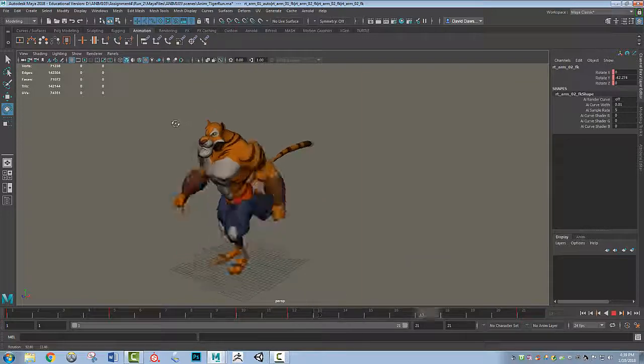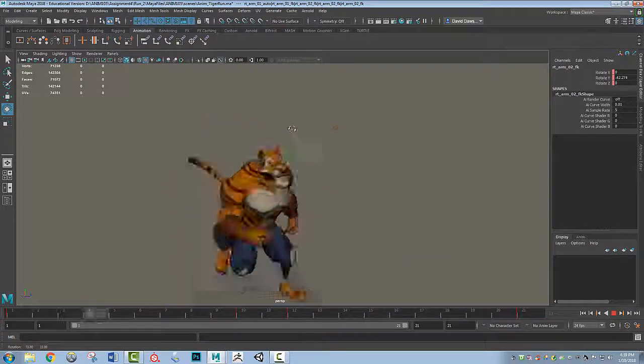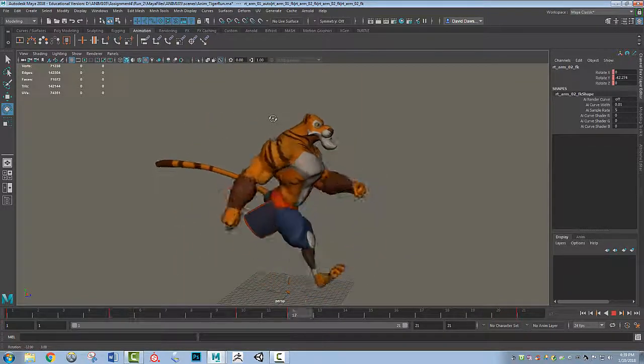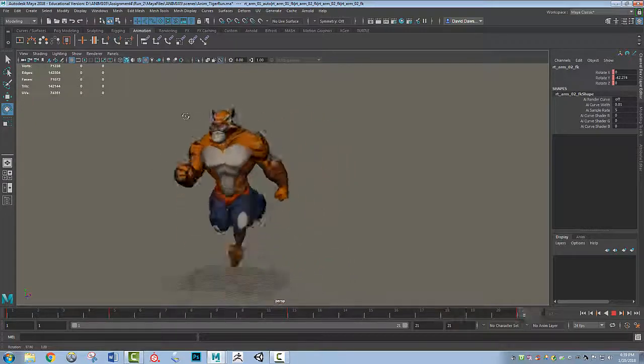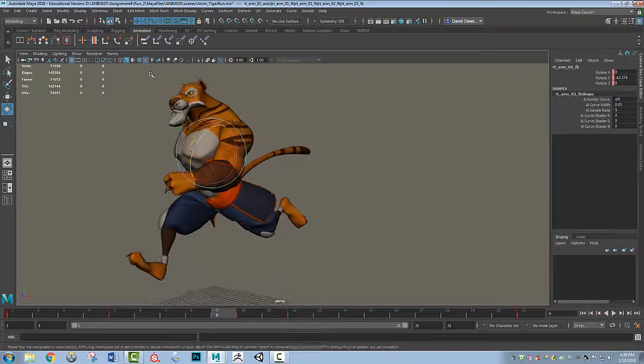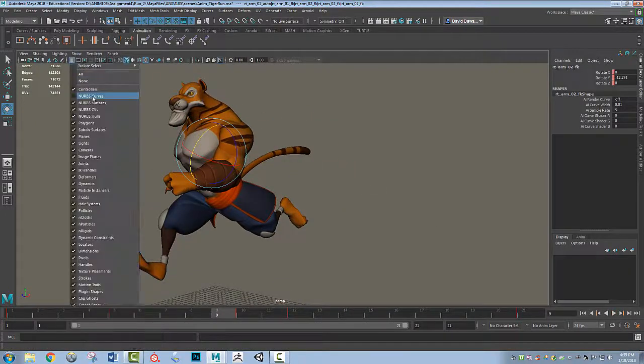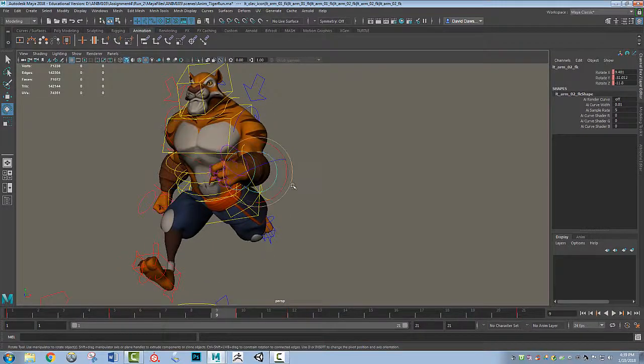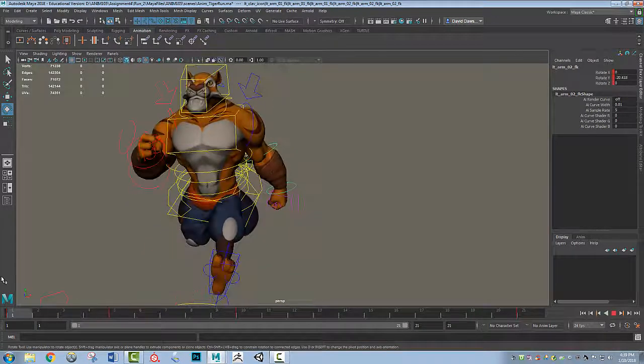I like that. It loosens it up. See this other side? See the difference? So we want to kind of do the same thing here. He throws it back. It's kind of like a light jog. Okay, show NURBS curves. Let's do the same thing. So he's got his arm coming up